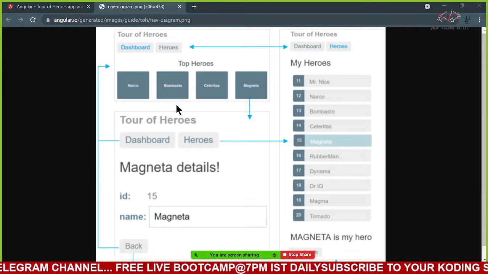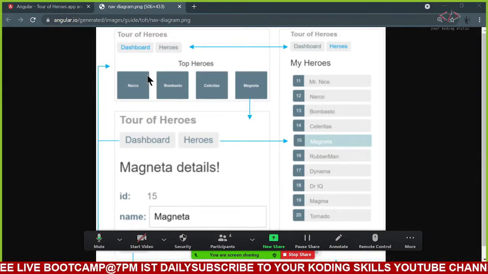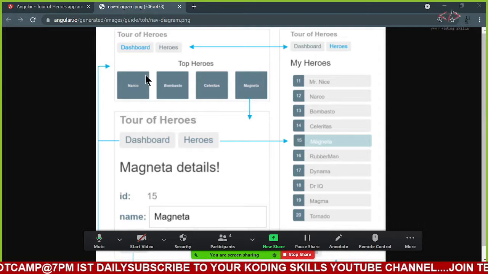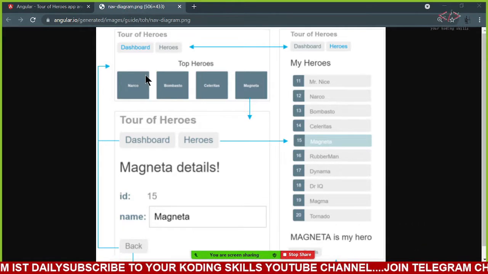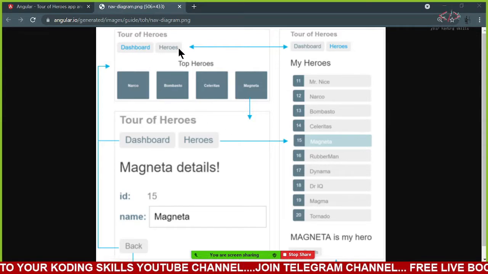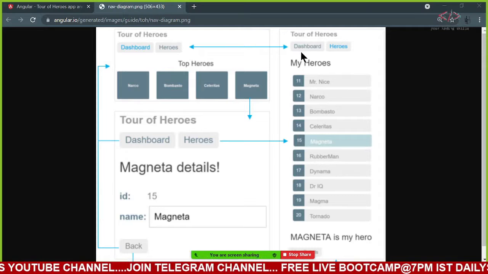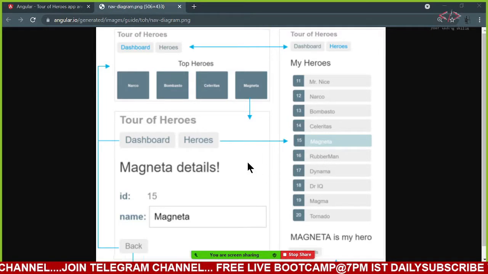Here we are going to the Angular official website, and whatever examples they have given for today, we will refer to them. If you see the architecture of the app, there are two options: a main page that displays these options, and a list. So it's basically a CRUD operation.